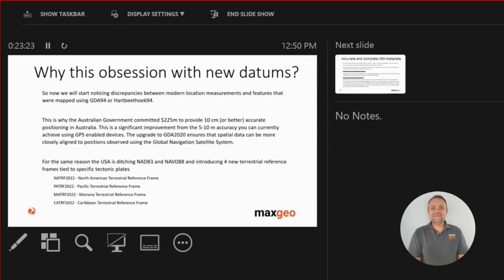So why this obsession with new datums? It's because now we're going to start noticing discrepancies between modern location measurements and things that were mapped back using GDA 94, or in the South African context, Hartbeespoort 94. So the Australian government committed $225 million to provide 10 centimeter or better accurate positioning in all of Australia, which is a significant improvement from the 5 to 10 meters accuracy you can get pretty much before GDA came along,